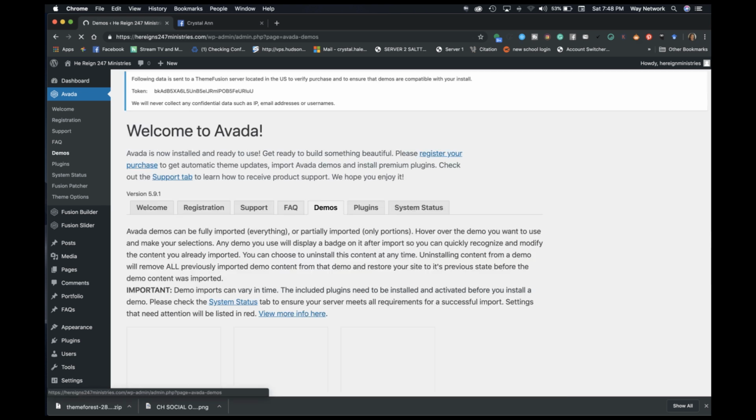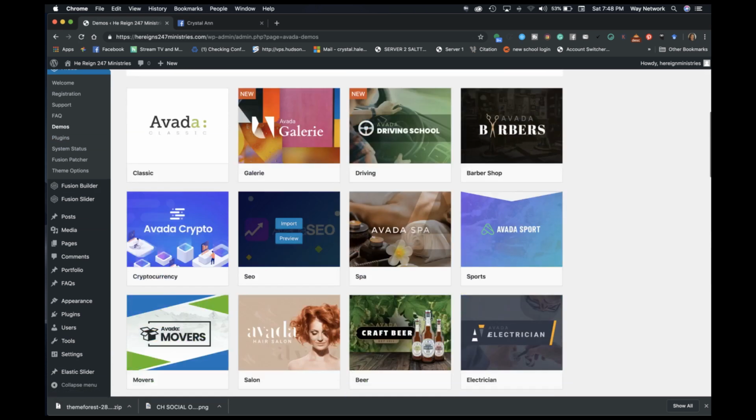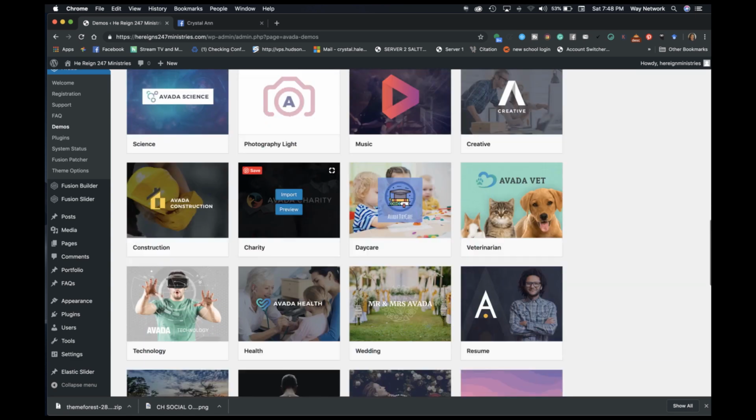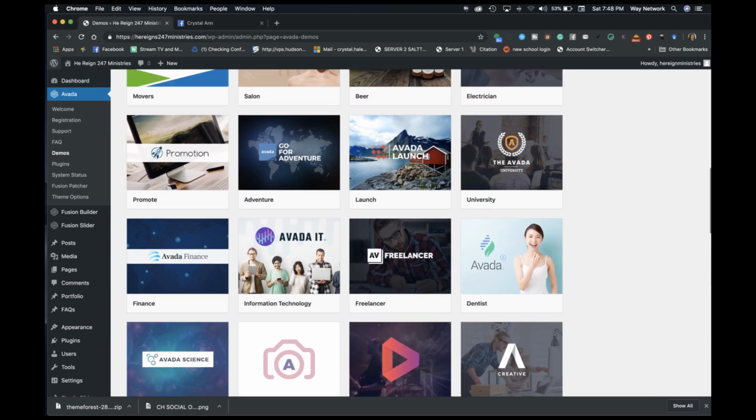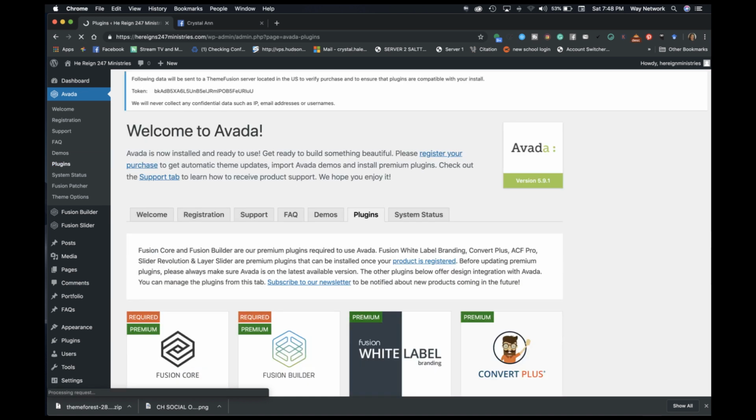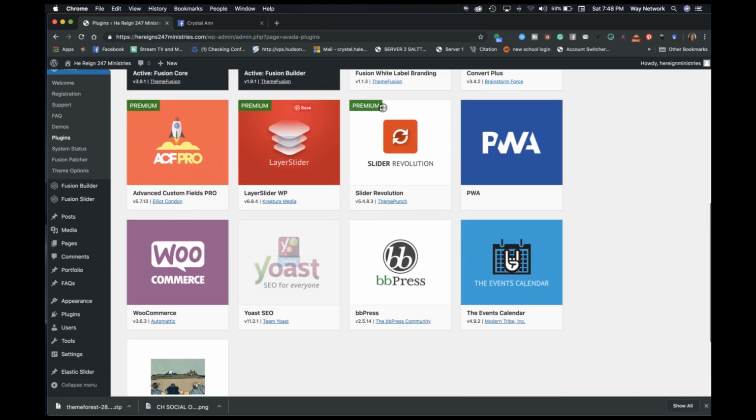They have a demo section where, if you have one that you want to use, you can go ahead and import it. Okay, that's what we're going to do next. You have the various plugins that they have there. So if you want to use Revolution Slider, all this stuff,